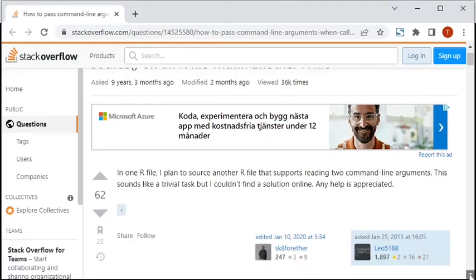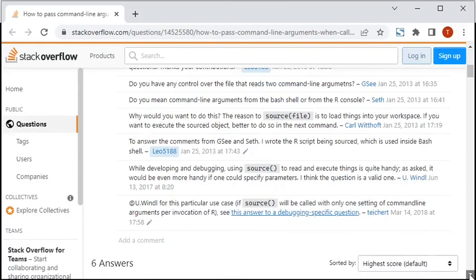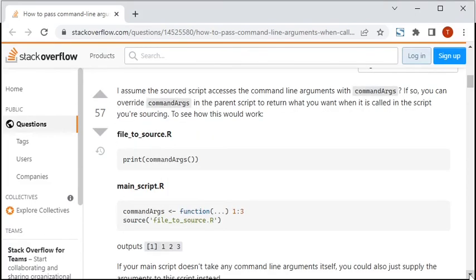But one possibility is that inside a session in the R console, you can redefine the function commandArgs so that you specify the arguments. I found this solution on a Stack Overflow page, where the question was about calling the function source from within another script file. But it is also possible to redefine the function directly in the interactive R console session, which I will show.